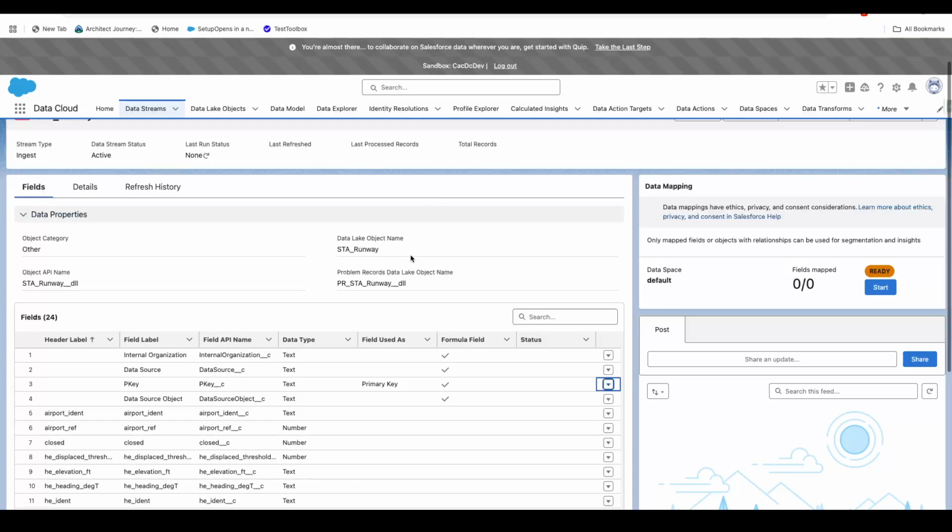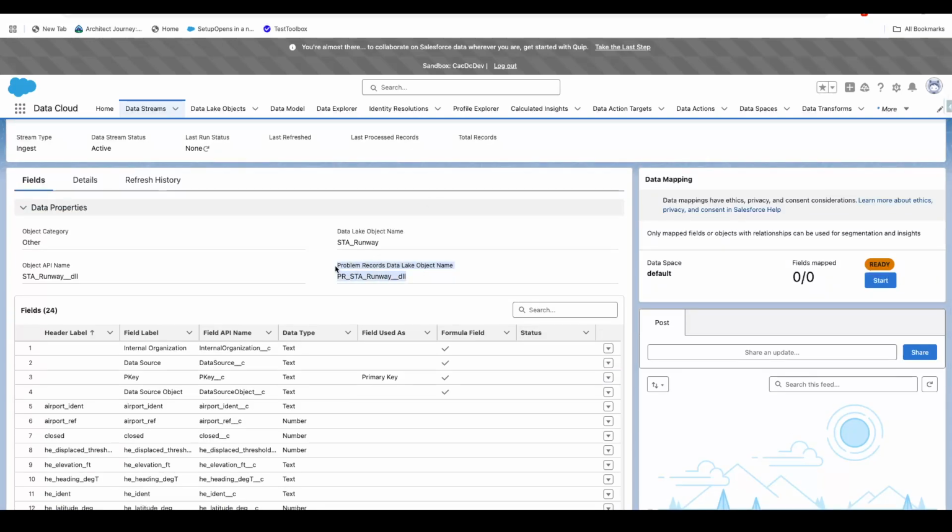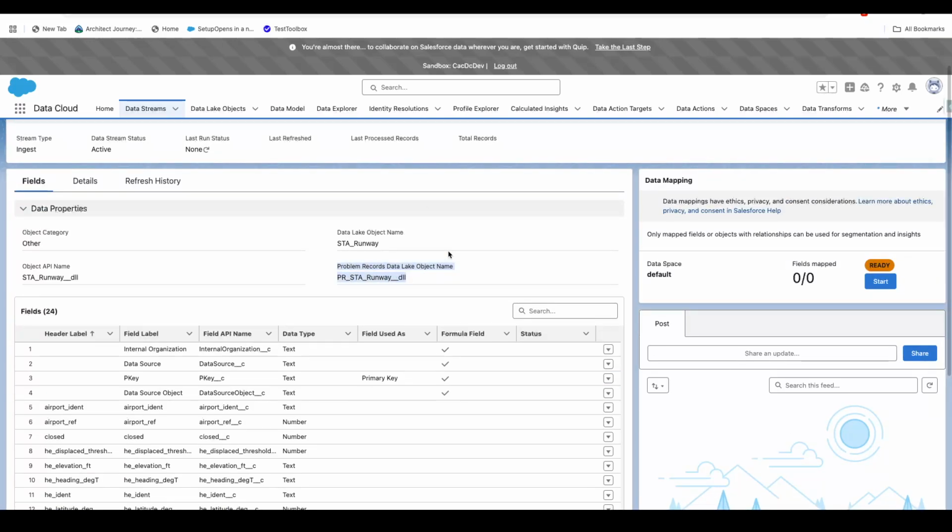There is something new. A new object has been created. It's called the problem records data lake object name. So if it goes to load data and it encounters certain records which cannot be loaded, they won't just go away quietly or be missed. The records will actually go into the PR prefix in front of your object, DLO,